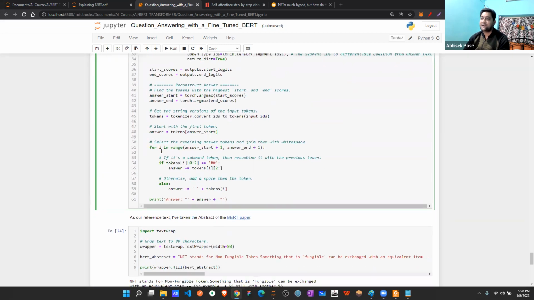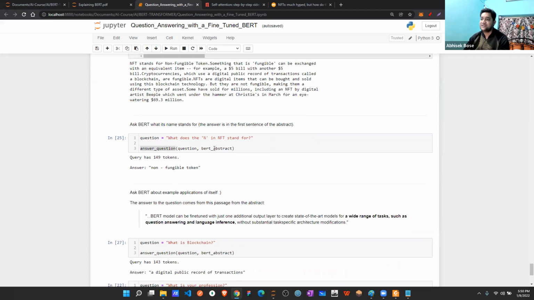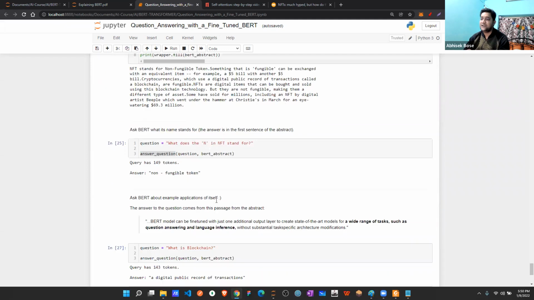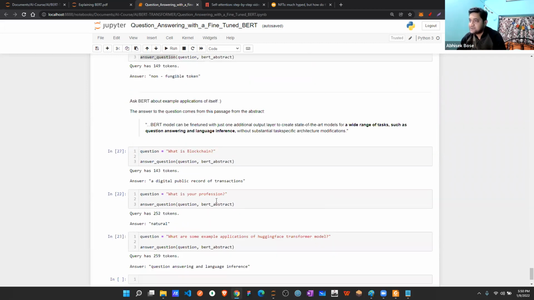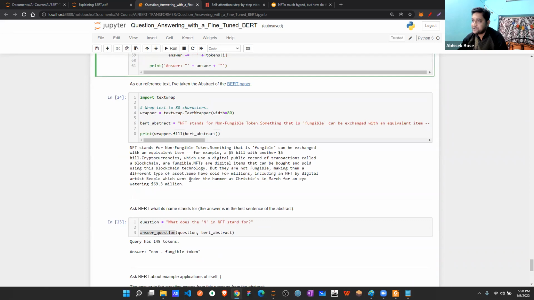From here, that function we are just querying the question and the BERT abstract that we are passing, correct? And from there only that value is coming. Simple, means anyone can ask me any question from this.